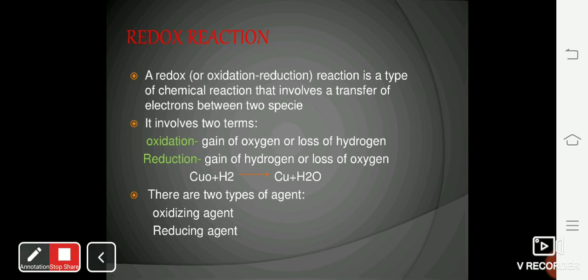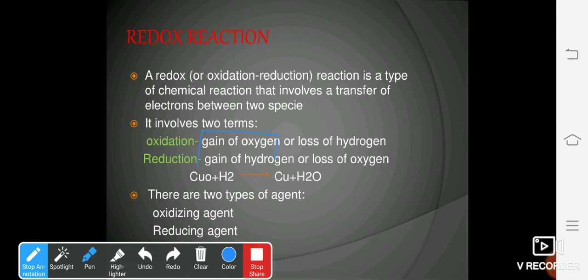Here you can clearly see that copper oxide gets converted to copper. That means loss of oxygen has taken place. And what is loss of oxygen? It is reduction. At the same time, hydrogen is gaining oxygen, so it is undergoing oxidation. So now here copper oxide undergoes reduction and behaves as oxidizing agent, whereas hydrogen undergoes oxidation and behaves as reducing agent. You can see why I'm calling copper oxide an oxidizing agent, because copper oxide is oxidizing hydrogen to form water. At the same time, why I'm calling hydrogen a reducing agent, because hydrogen is removing oxygen from copper oxide to become water.